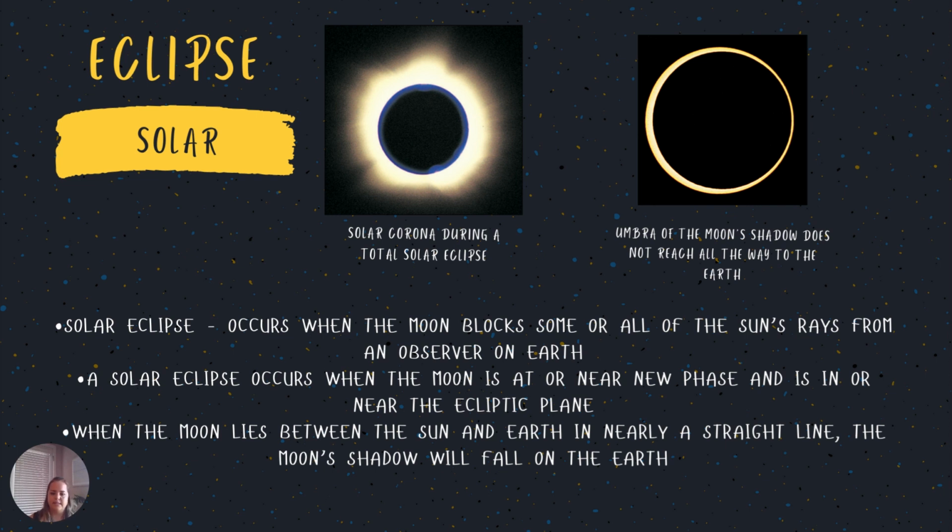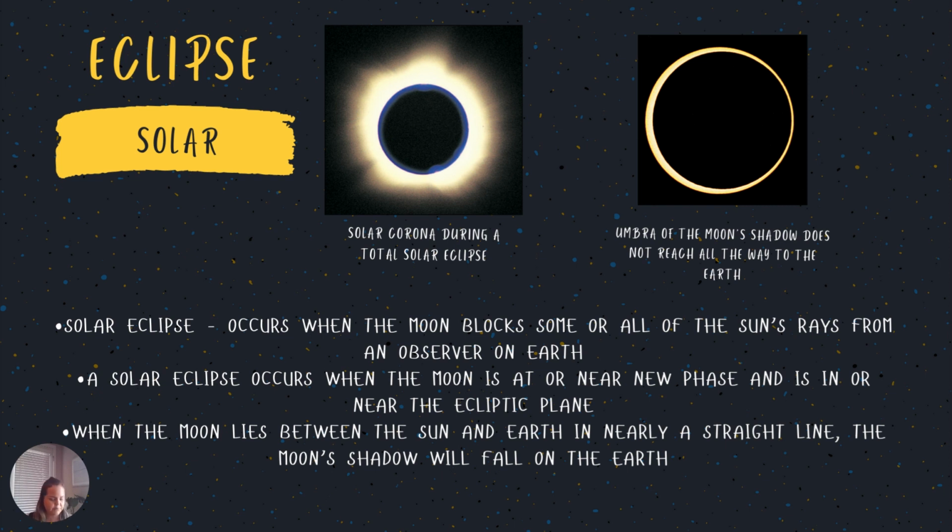Okay, and then last little bit here, we have the eclipses. So we have solar eclipses, and during a solar eclipse is when the moon blocks some or all of the sun's rays. Okay, so these don't happen all the time, but people get really excited when they do. The only thing that I will tell you is you do not want to look at this directly because it can hurt your eyes. So when there is one, I recommend you're looking through a very nice high-powered telescope that is for something like this. Or maybe you just take a picture and then look at it.